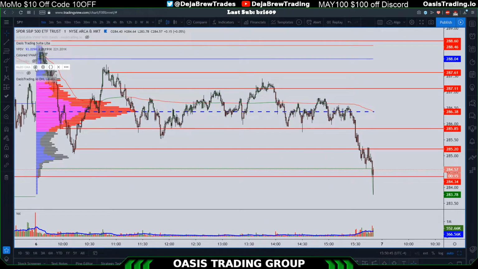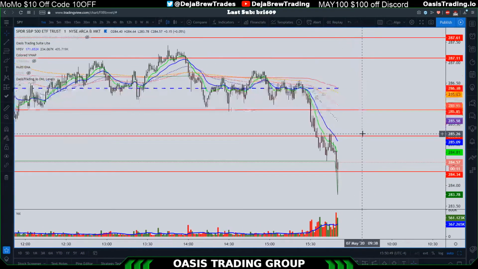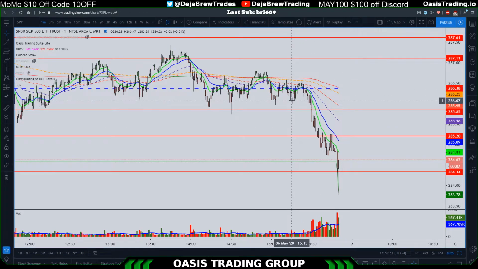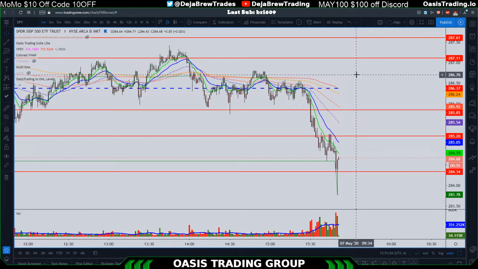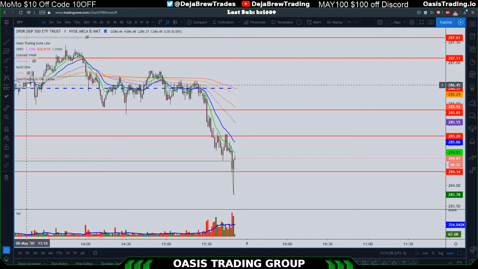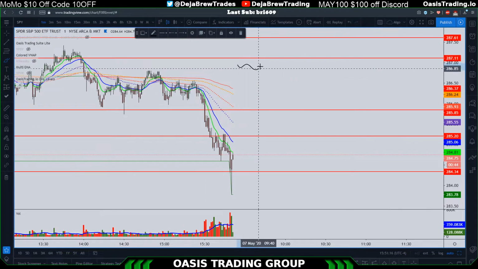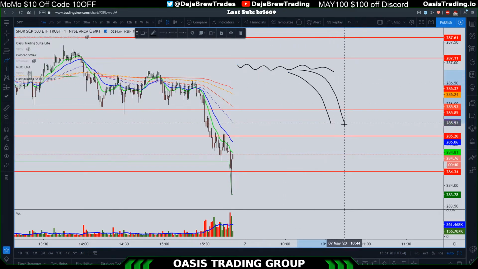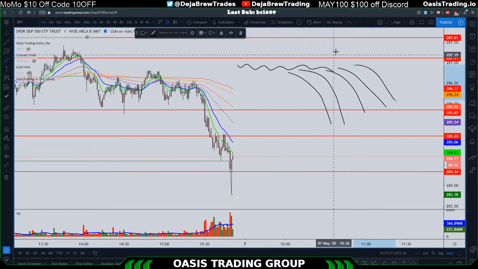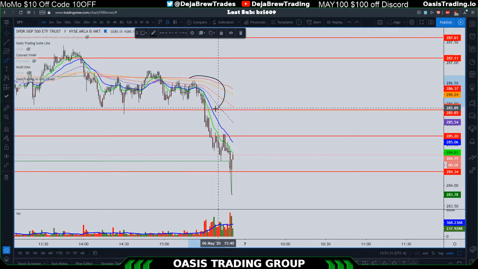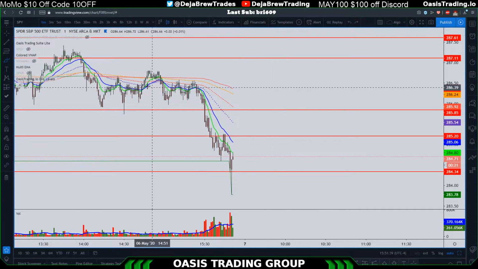What are all the EMAs looking like? Yeah, very bearish here on the EMAs. So what would have been a good indication of this sell-off here, if you weren't looking at the volume profile, or even if you were, and you were looking to sell this failure, is like I told you guys earlier this week, last week, plenty of times before, if you're an EMA trader, that pattern, when you see the EMAs cluster together, but then they start to fan out, and you see that perfect distance between all of them, that's exceptionally bearish. And then you can also see that to the upside, it'll be exceptionally bullish, right? So when you see them start to fan out like that, that's a pretty damn strong indication that it's going to be bearish. You can see that cluster,